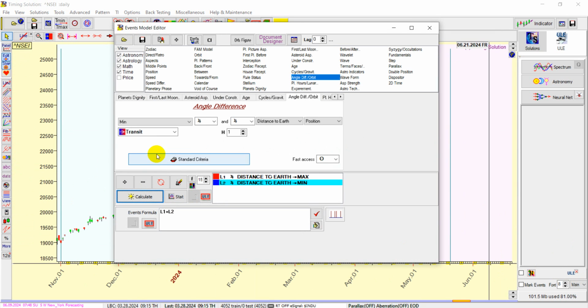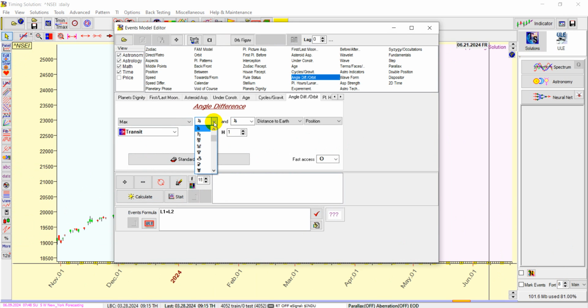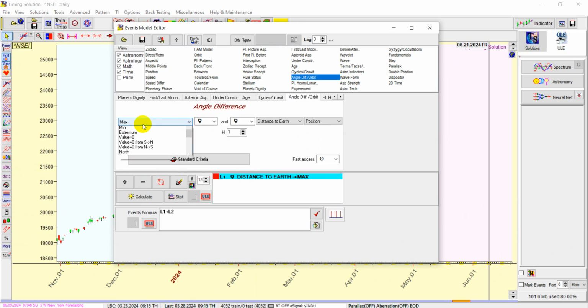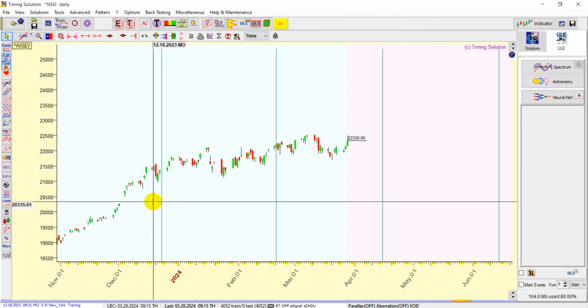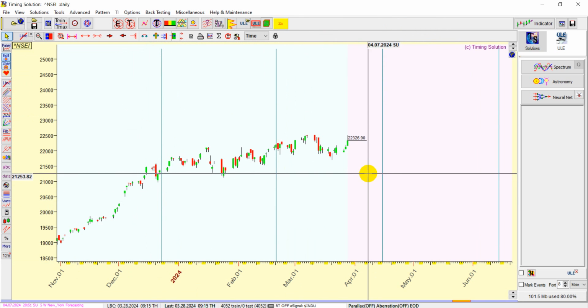Now we'll test for Mercury also, because Mercury also has a very big impact on our market. You need to understand which planet is having a big impact, and based on that we can take it into consideration. Distance to the Earth maximum, minimum, calculate. Mercury will give you short-term trading moves. So even though the market is consolidating in the last few days,